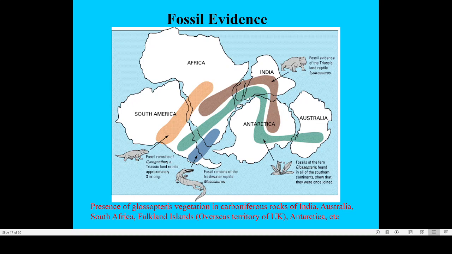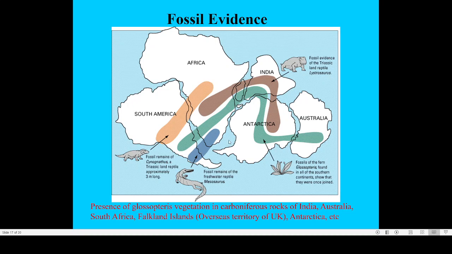Another evidence that we are supporting, here you can see Lystrosaurus. So Lystrosaurus is present in Africa, Madagascar, India and Antarctica. So we can see that they are showing the distribution of Lystrosaurus. This is another land reptile. And from these regions of India, Madagascar and Africa, scientists have excavated or dug out the fossil remains of this